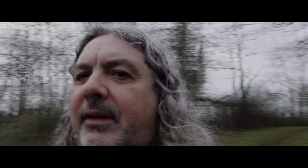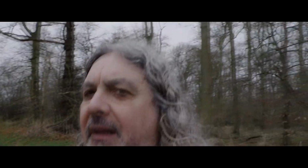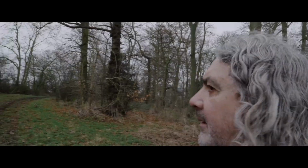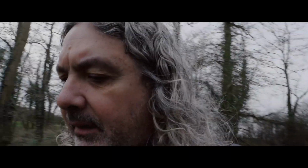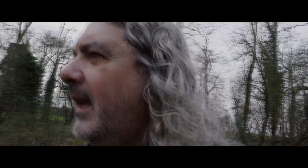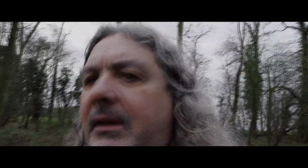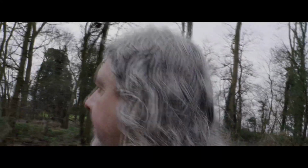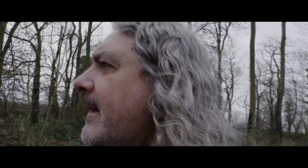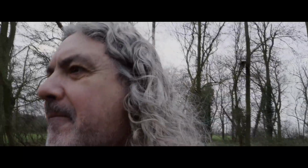So we've just been through this really lovely little stretch of woodland behind us, which is a lovely little woodland in the spring. I'll try and find out on the map what the name is of this woodland. And we're just coming out to a little clearing now,